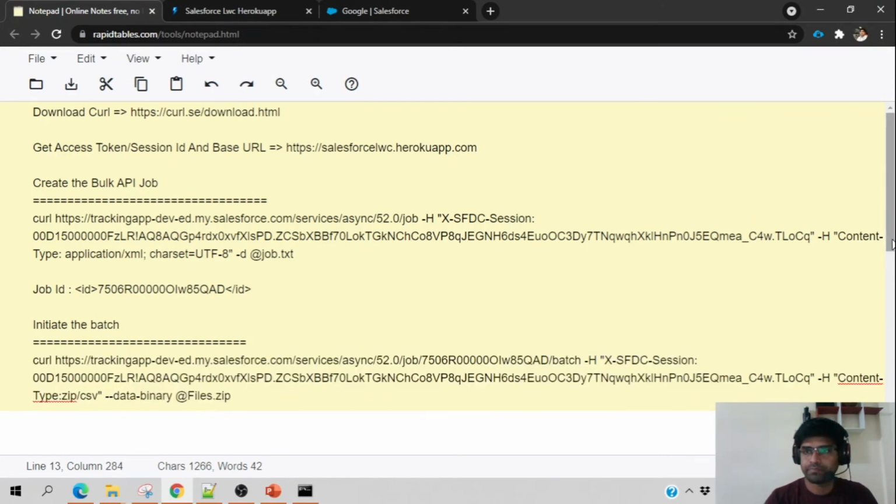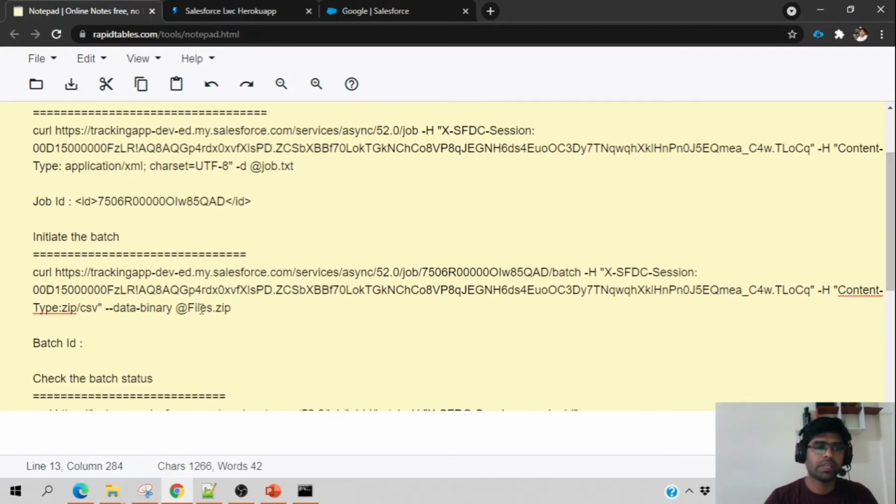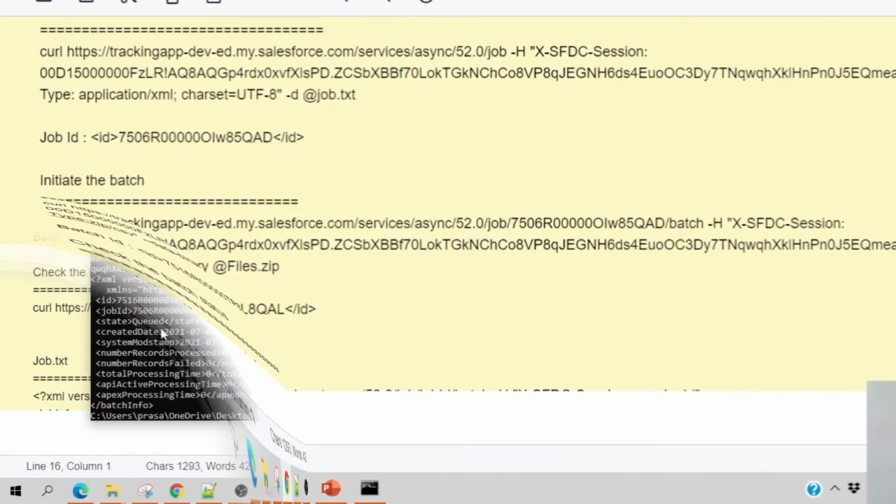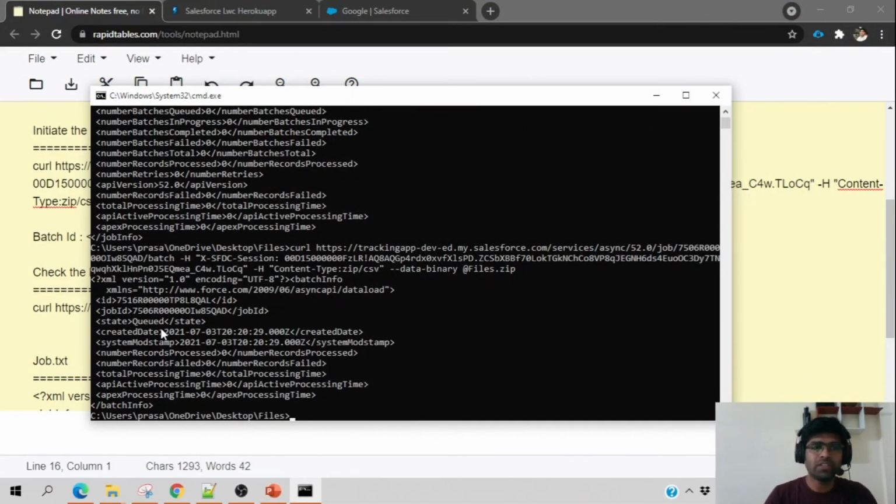Here in the empty batch ID section, you put it over here. As this is a batch job, Salesforce has just acknowledged that the batch job has been initiated, but whether the batch is successful or failed, there is no information here.